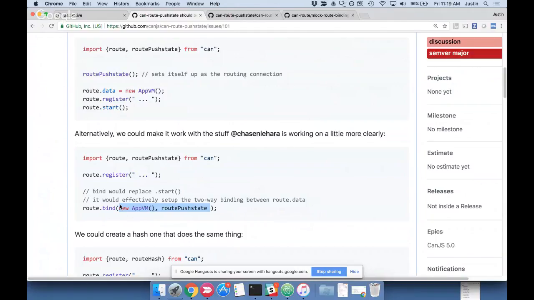There's just a bunch of cruft. I don't know. There's just a bunch of cruft in can route dealing with old can maps that I want to go away. But I'm not opposed to any of these alternatives with bind or however we decide to do it, and I'm definitely not opposed to removing cruft and cleaning up can route. I know there's a lot of stuff in there. I think